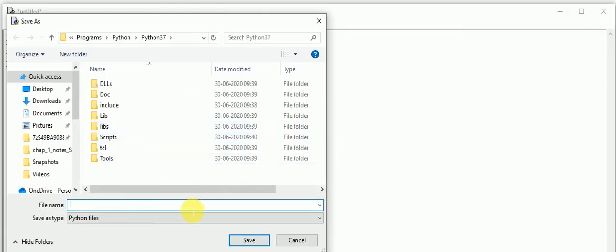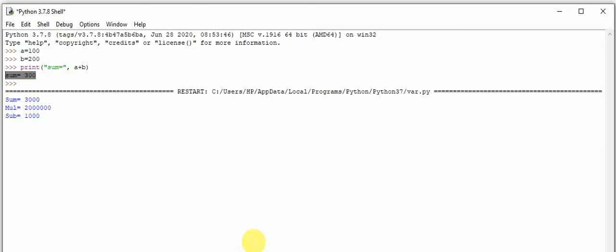Here I am giving some name for the file. Now Python file is given as the save as type, so here we write .py. Py is the extension to save the Python program. This is the location where we store the program, inside Python 3.7. You can change this path, but by default this is okay. Now I will save this program. When I save this program, the result is executed and we get the result in interactive mode.